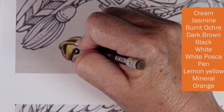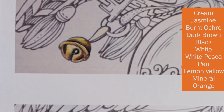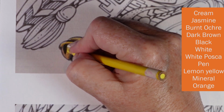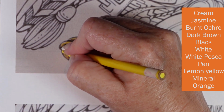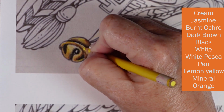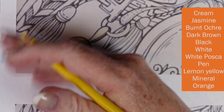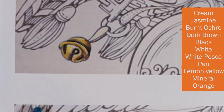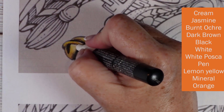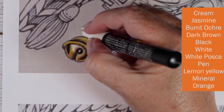Basically, I'm blending everything out here. This is using the dark brown. Going back in with the brightest yellow, which is the lemon yellow. Once again, you could use any color yellow. You could use a yellow orange. I just feel like it adds a little bit of brightness because this bell is pretty, I don't know, tarnished,